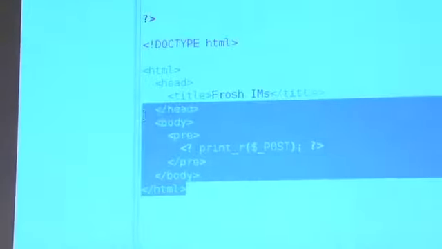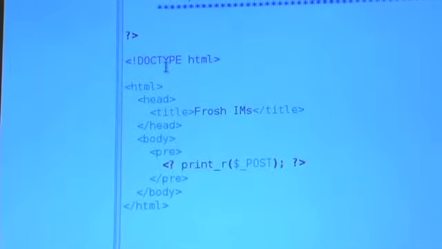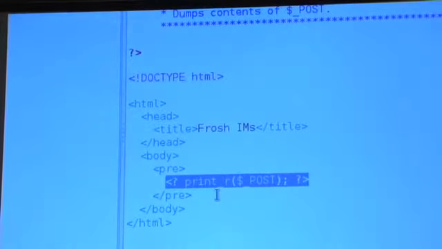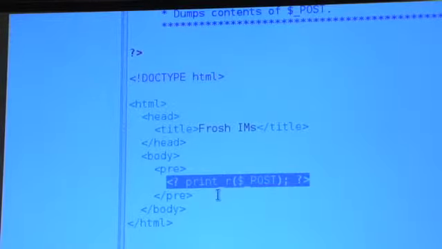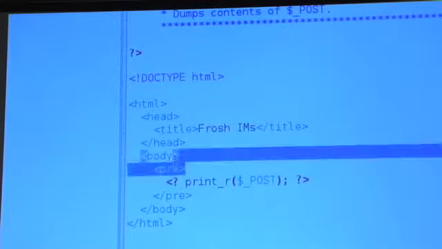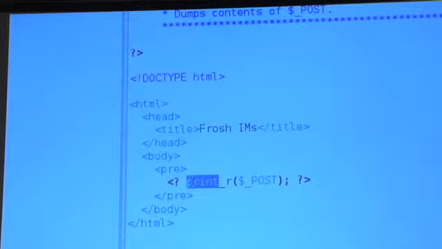But the result is really just some HTML. Most of this is HTML5, except for this line, which is a new function, a very helpful function in PHP, at least for diagnostic purposes, called print_r. The r is recursive. So what I'm saying here is go ahead, when you receive a request from a user, create this very, very basic web page with a head and a body, and go ahead and print recursively the contents of a special variable called